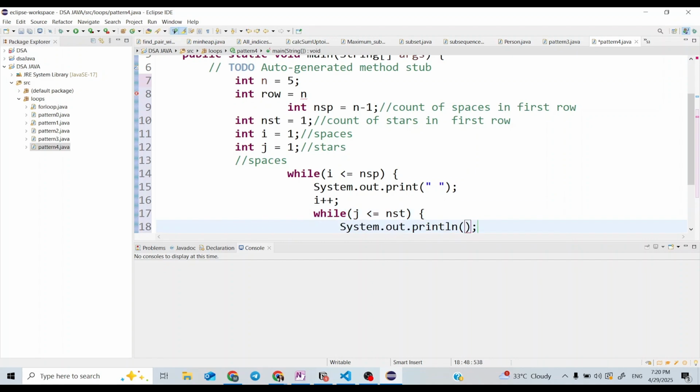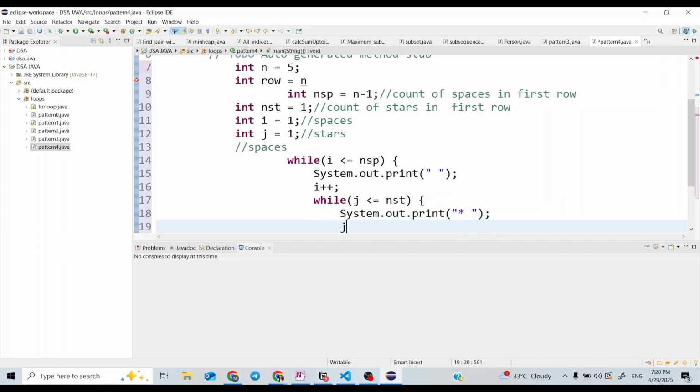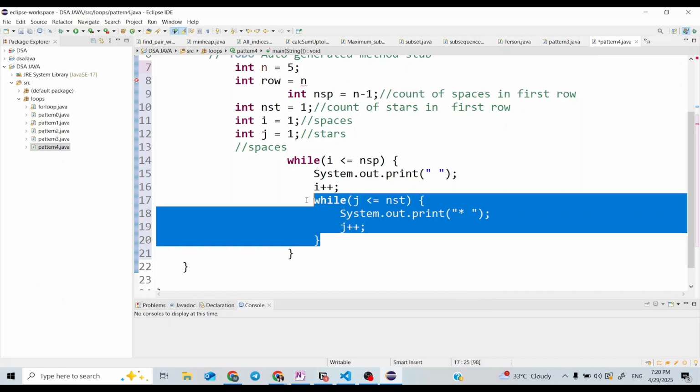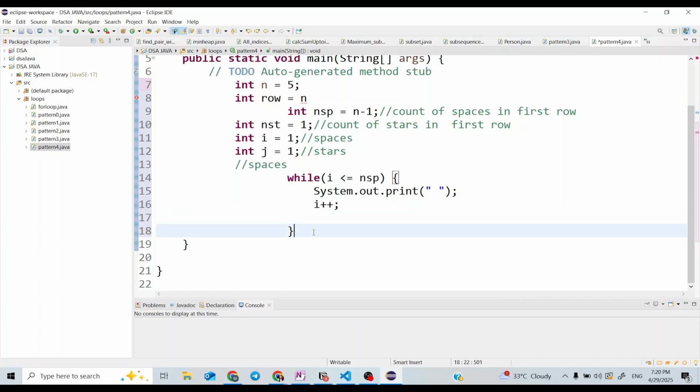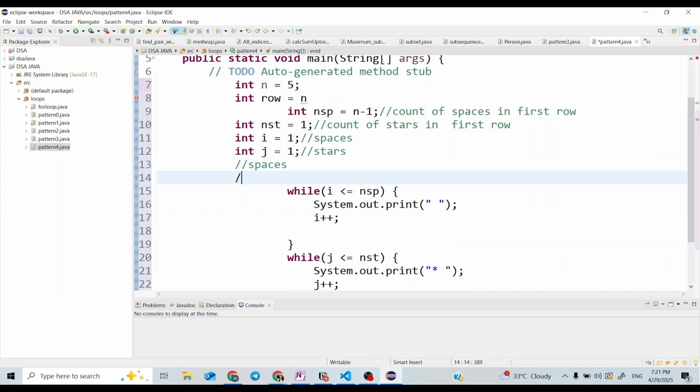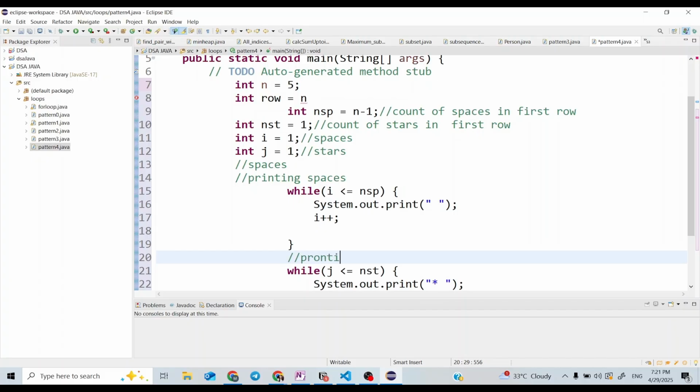So print star, remove this ln, and j plus plus. So now stars also get printed. I have to write this after printing spaces.